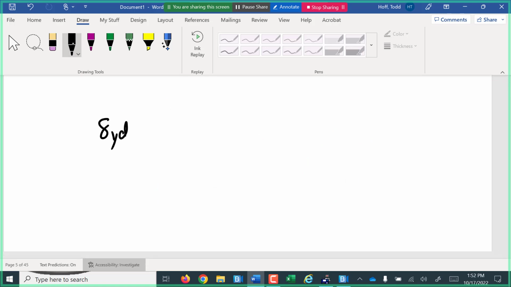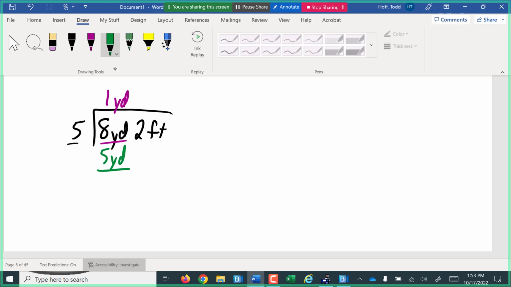Let's do 8 yards and 2 feet divided into 5 equal pieces. Well, 5 goes into 8 yards how many times? Once. That's 1 yard. So 1 yard times 5 is